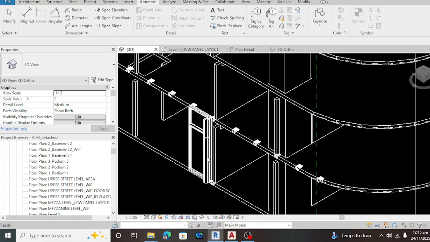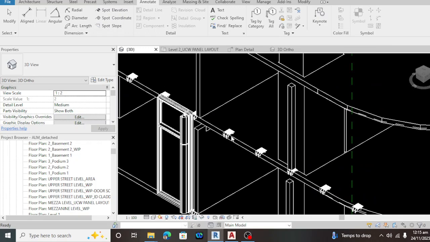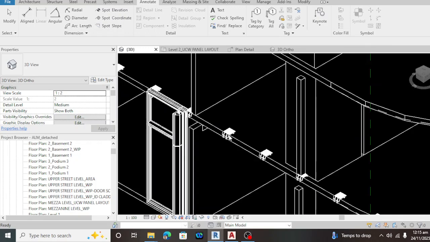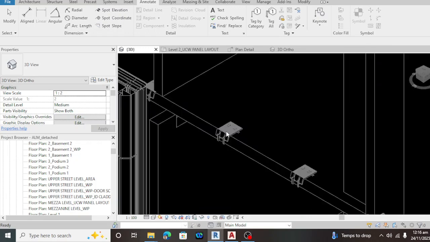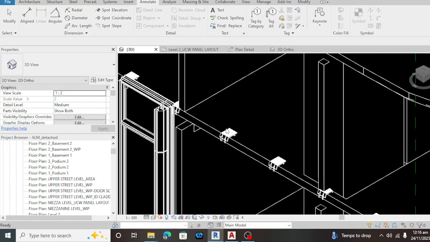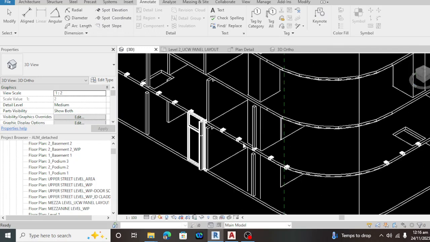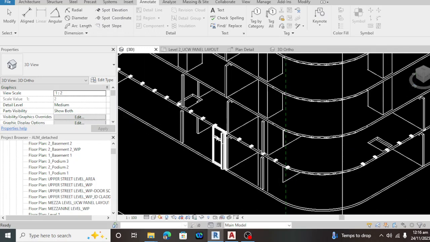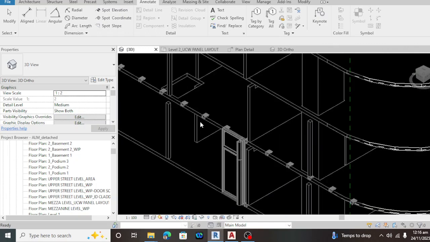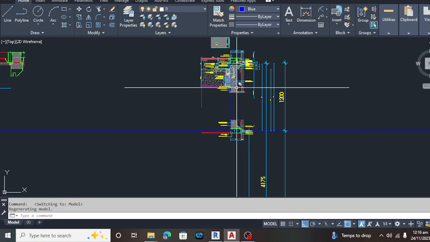The layout last time that I made is the embed layout. As you can see, guys, it's all laid out based on the bullnose layout that they have.